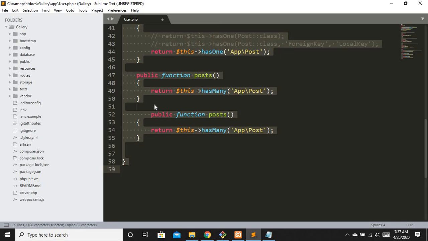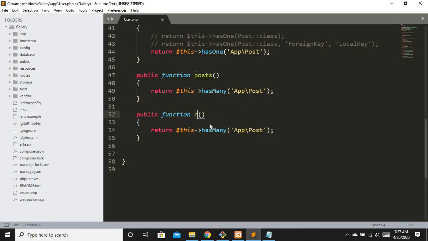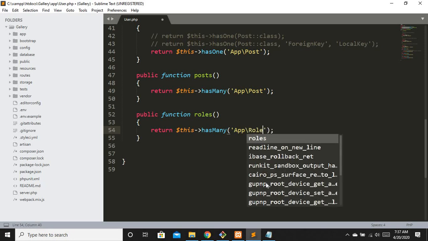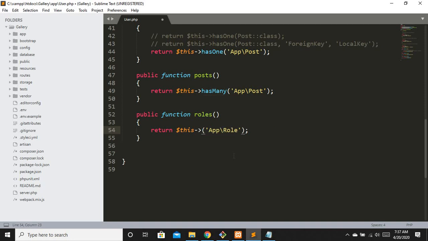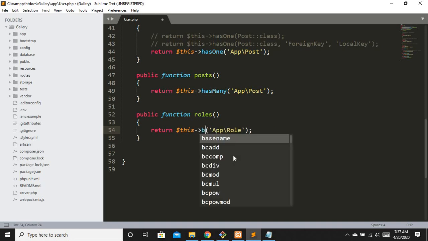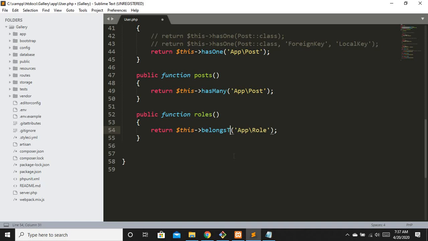I'm going to replace its name right here. I'm going to name it roles, because a user can have multiple roles, he can be either admin, etc. Now the relationship is with App\Role, and I'm going to change the relationship method to belongsToMany, in camel case.